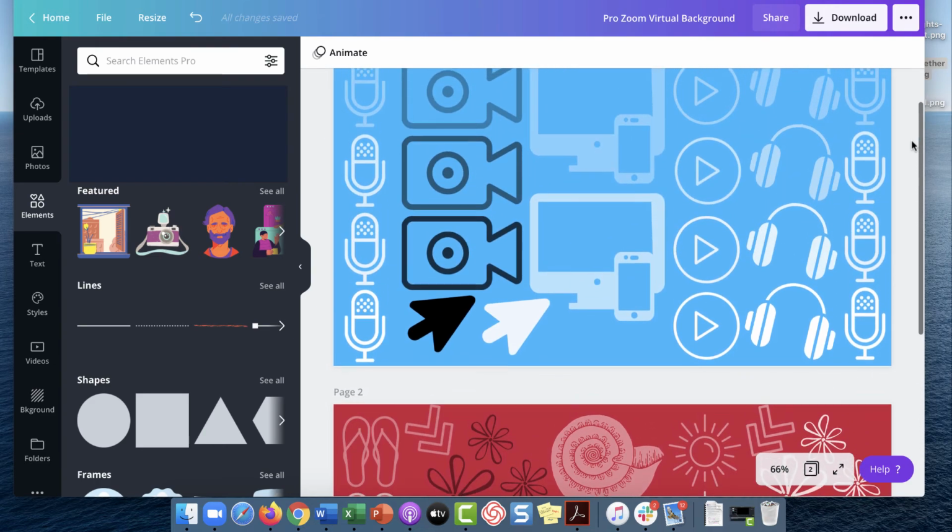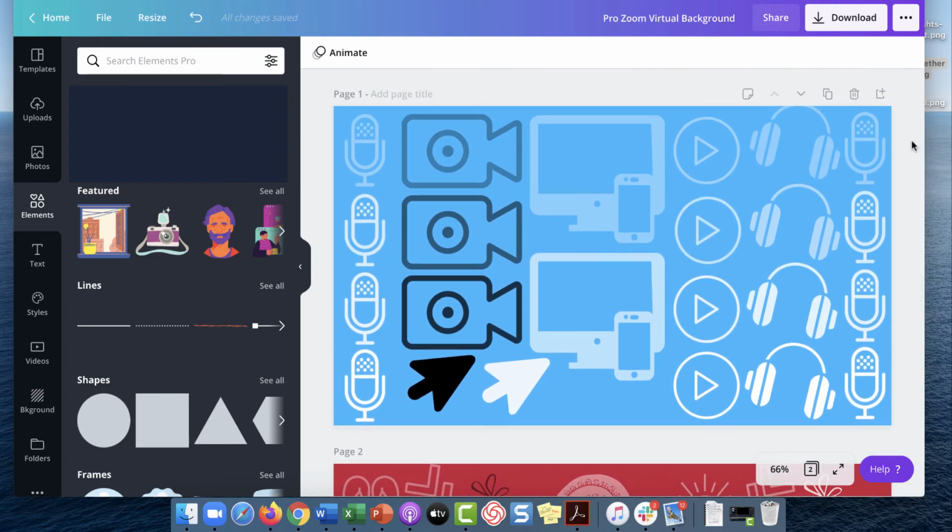Returning to Canva, I've made a couple of these backgrounds. I'd like to keep this one intact, so I'll duplicate the page and we can take a look. Now we can see that each of these elements have been individually placed and lined up in rows. Next, I decreased the level of transparency as I went up. I went from 100% to 84, and then 51 and 34.